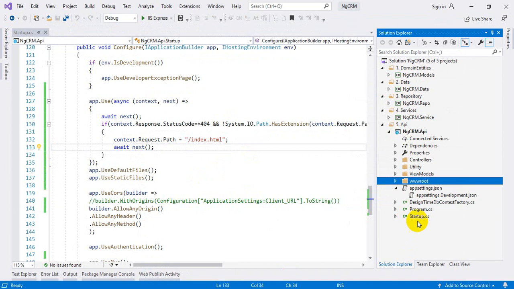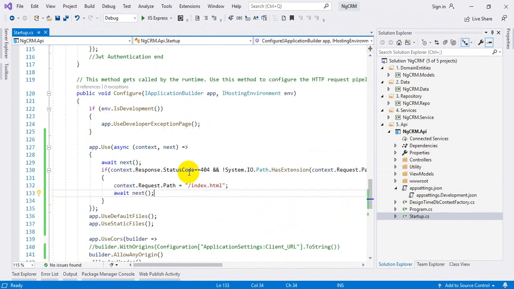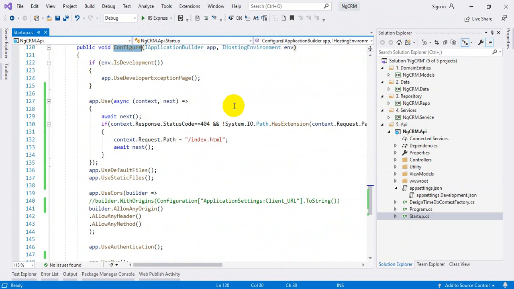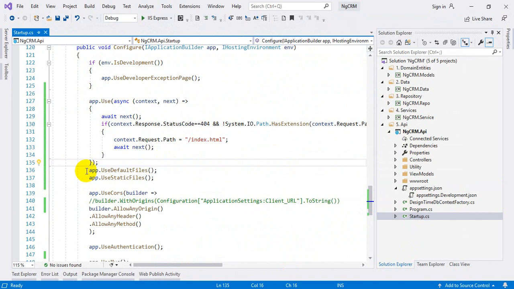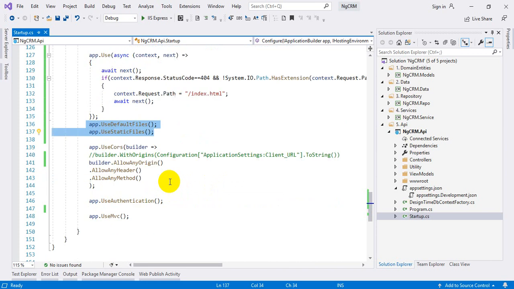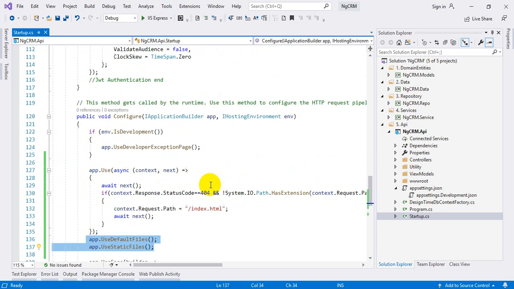Now first we will go to our web API project and open the startup file. In the startup file you may see the Configure portion. So come here and write this code. In the article I have given this code. Use these two lines also, UseDefaultFiles and UseStaticFiles. That's all. Other things you have already configured, so I don't know what you use on that side, so just keep this thing simple here.